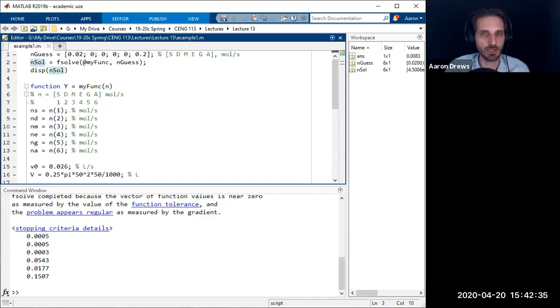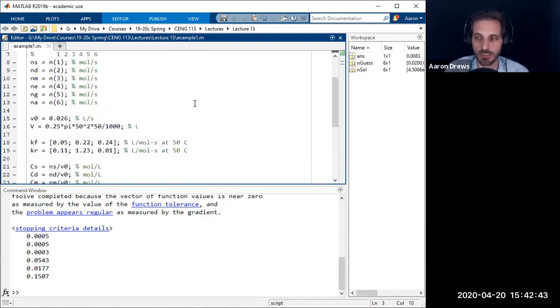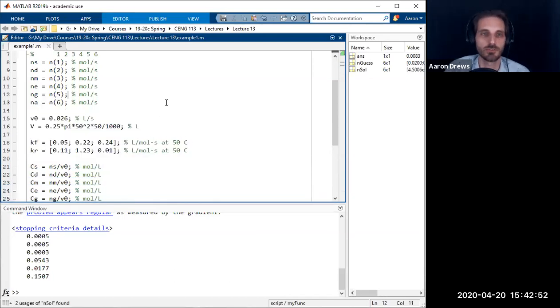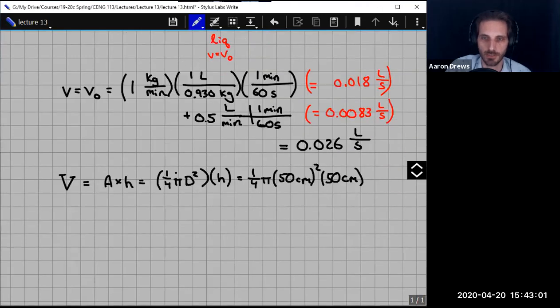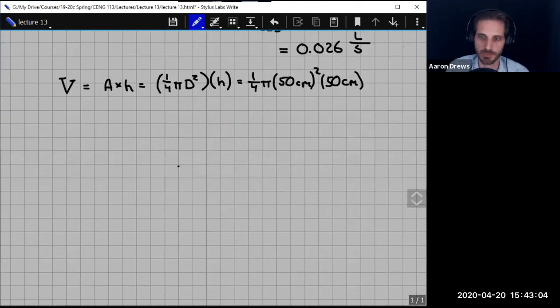So now let's look at what we have to change in order to solve the adiabatic system. The nice thing about the structure that we've got here is none of these material balances have to change. If we want to do the adiabatic system, there's only a handful of things that have to change. By the way, if you're copying down this code, don't stress, I'm going to get over to the other page for the notes, but I am going to post all of that code. So if you don't have it written down, that's okay, because it's all going to get posted, so you'll be able to see it shortly. But let's get to this adiabatic portion so that we can find out what kind of modifications we have to make. So in our adiabatic system,